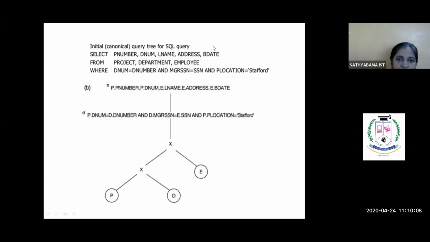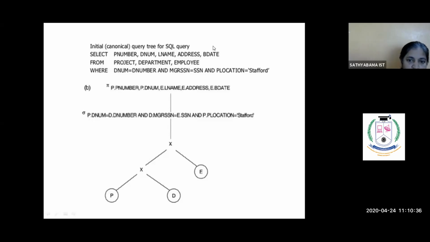Okay, so initially project table and department table are going to be combined by using Cartesian product. You all know what is Cartesian product. So I'll explain. Project table and department table are combined by using Cartesian product operation, and that particular resultant table and employee table would be again combined by using Cartesian product operation.